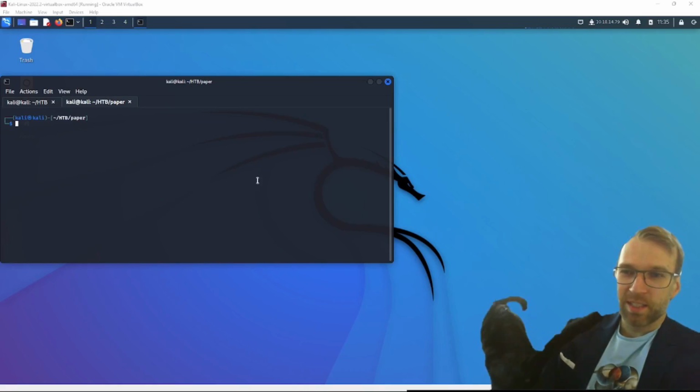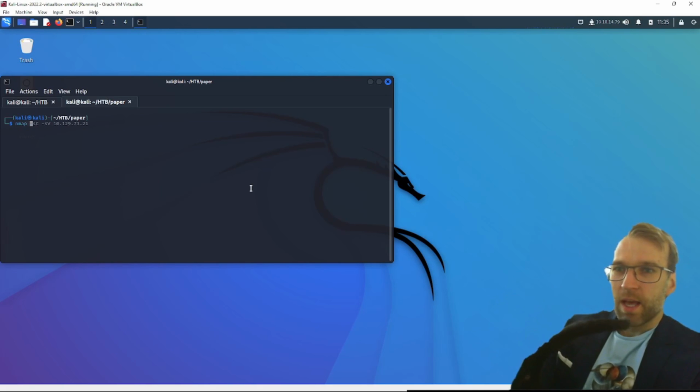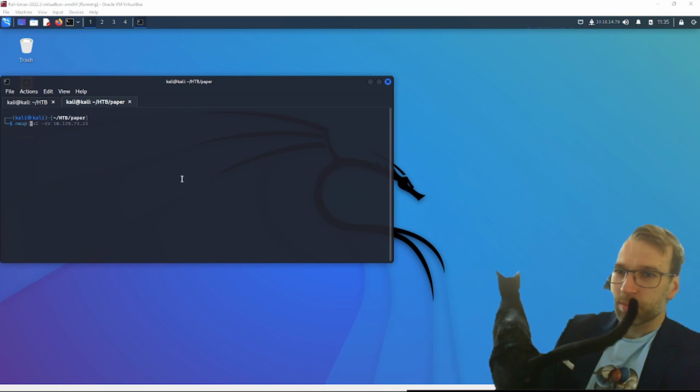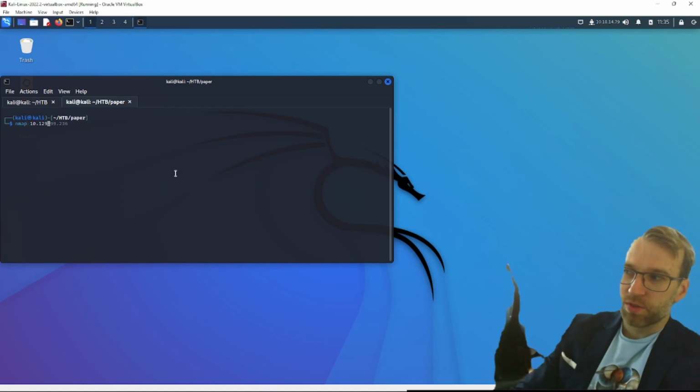All right, jumping right into things. We're going to be starting off as usual with an Nmap scan against our target. And while that's running, I'm going to go ahead and just talk about a quick overview of what's going to be going on and what to expect with this box here. But we'll start off the Nmap scan with